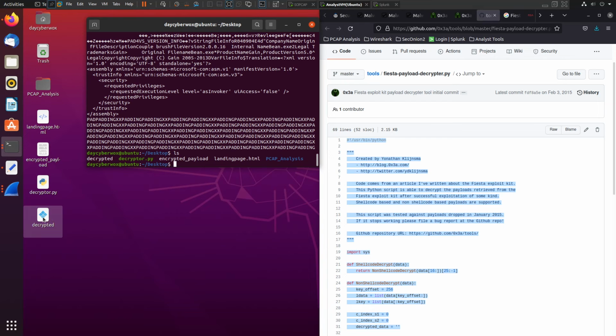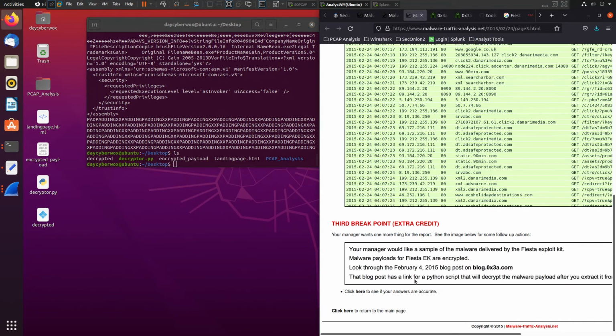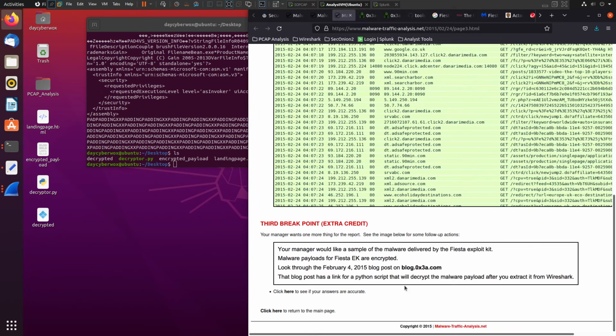So we have that done. So we've pretty much answered that question, right? So it has a link. All right. So that blog has a link for a Python script that would decrypt the malware payload after you extract it from Wireshark. All right. So since we have it decrypted, let's try to run it through